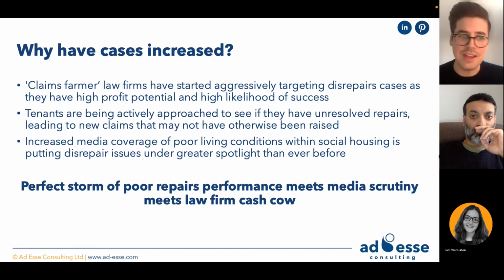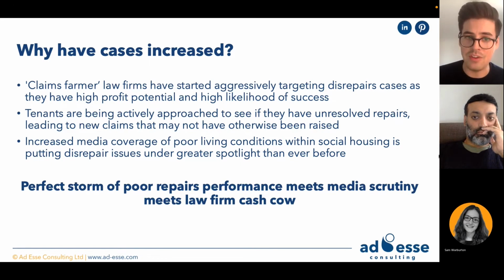But then alongside that, there's been increased media coverage of poor living conditions, often following individual tenants who've had problems for years that have never been resolved, that have got worse and worse and worse, which has put disrepairs issues under far greater spotlight than ever before. And people realize, okay, well, I can do something about this. I have recourse to be able to sort these problems out